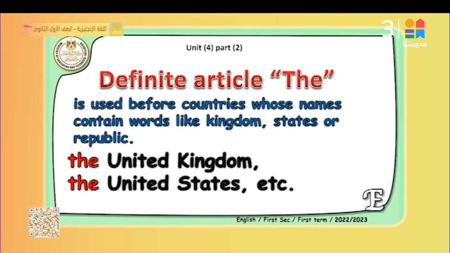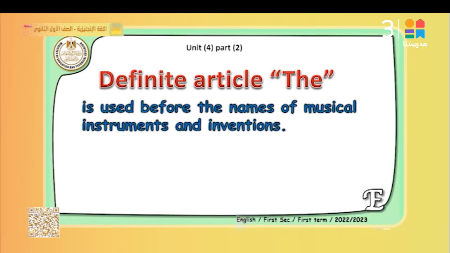So for example, you can say the United Kingdom, or the United States of America, or the Arab Republic of Egypt. But when we say Egypt, we don't put the. So if the name of the country is divided into three words, like the United States of America, we use the. Again, we use the in front of inventions, like the piano,